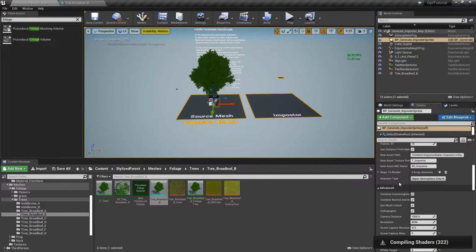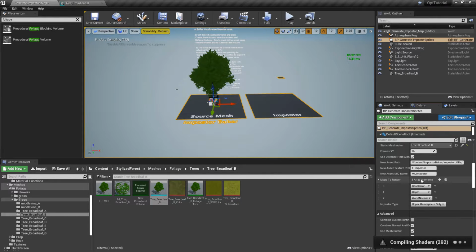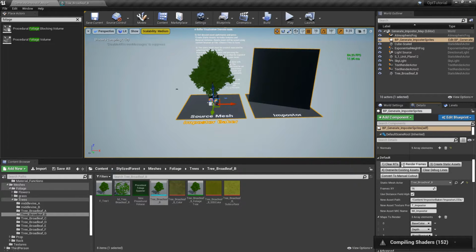Now in here you can do a lot of stuff. You can add more maps to the render. So I have base color, depth, and world normal. This works for me, but you have more options to add. If you want to add opacity, or use roughness or specular, you can do that. But for the sake of this tutorial, I'm just going to stick to this default. Alright, so let's click on clear,